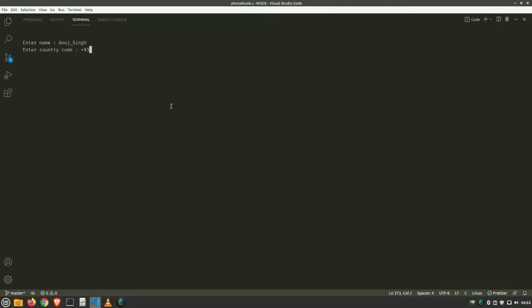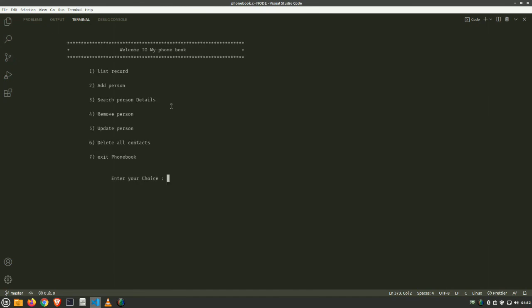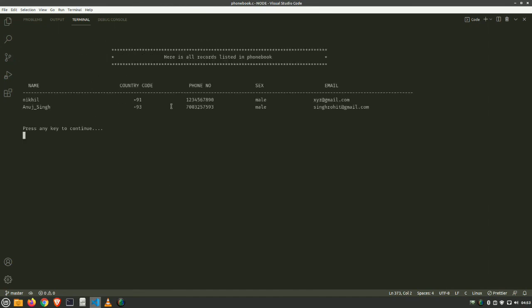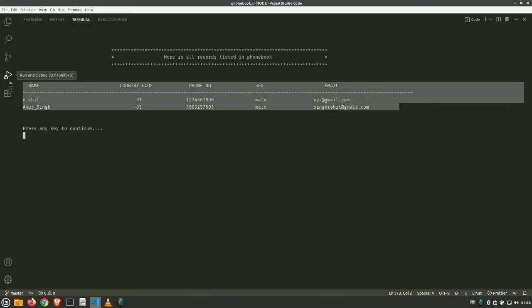Plus 93, we are updating the country code also, and the number remains the same, so print the number as before. And here we are done, data updated successfully. Now list it out, and as you can see, Rohit Singh becomes Anuj Singh and the data is updated, the previous data is deleted.